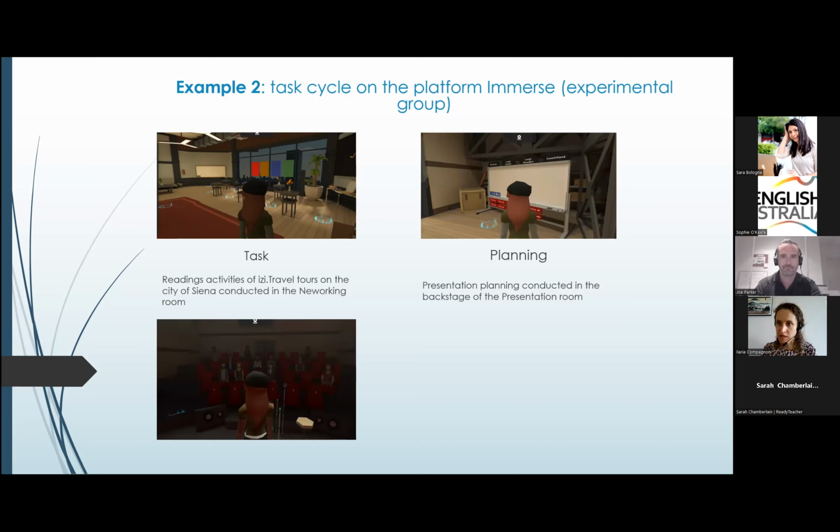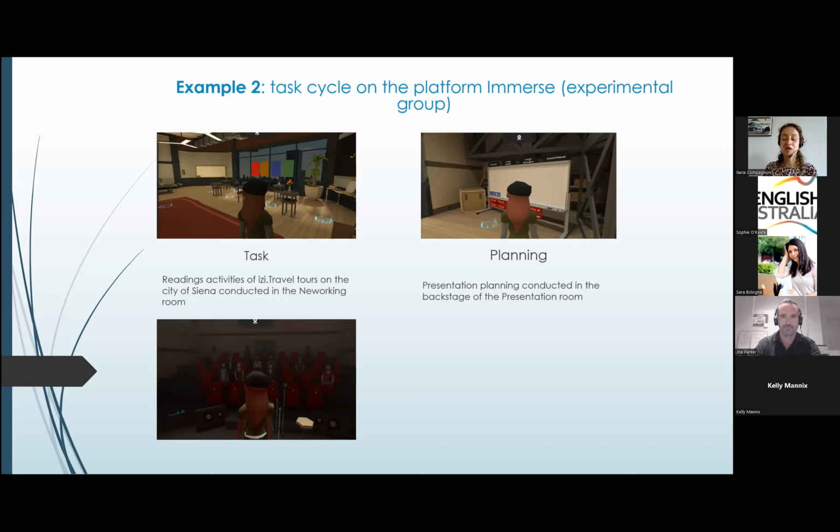And then, I know it's a little bit dark, but that was the nature of the environment. They go on a stage and actually present it to a virtual audience, which may consist of other classmates joining in and just sitting down and listening to their peers. So an experience will look like this.